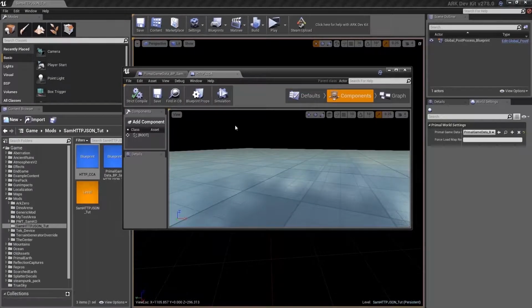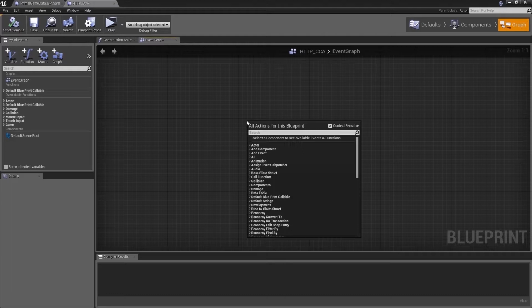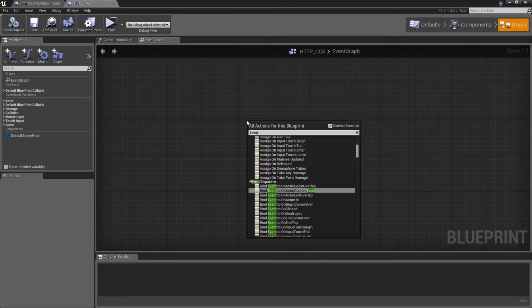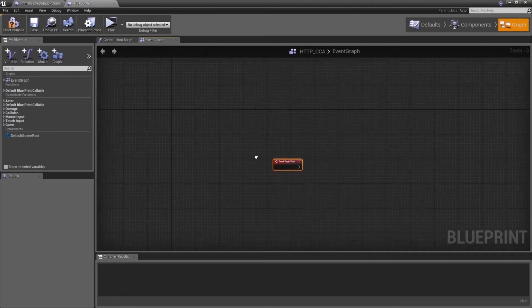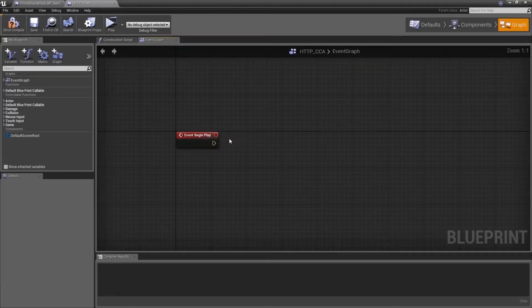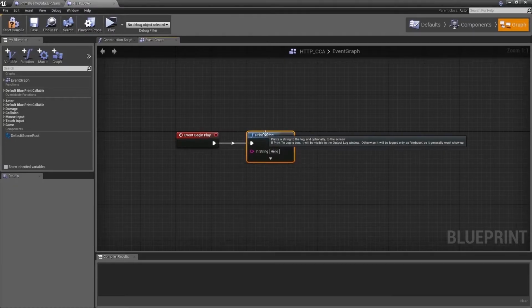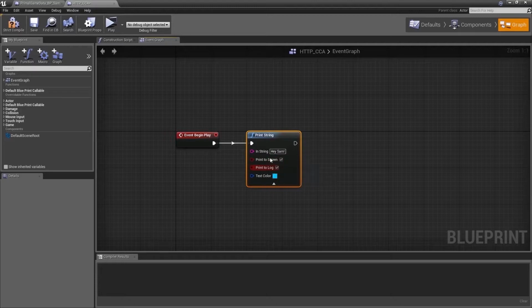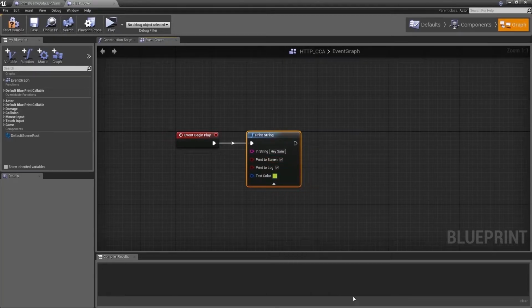Now open the blueprint, go to the Graphs tab, search for event begin play, and for a test we are just going to print "Hey Sam." Save, compile,